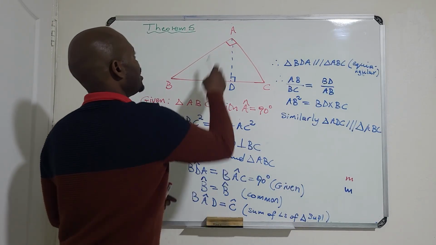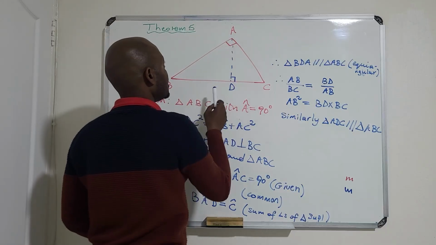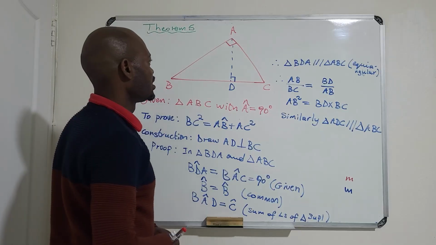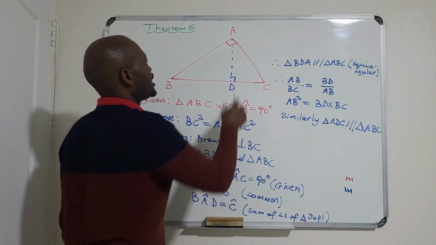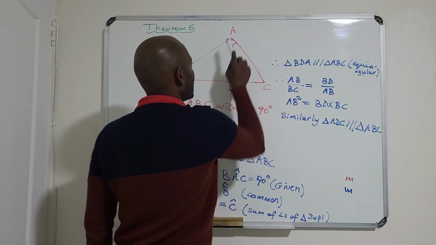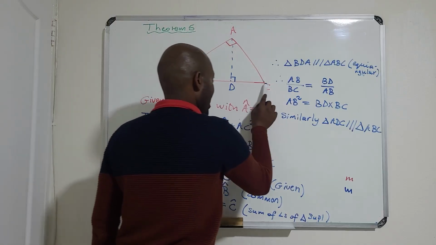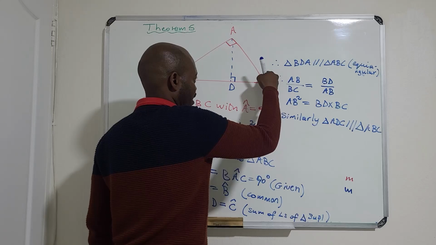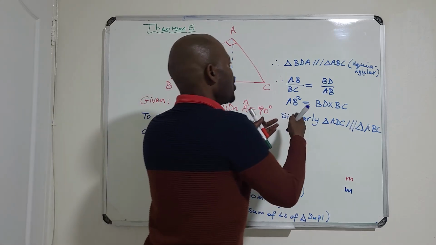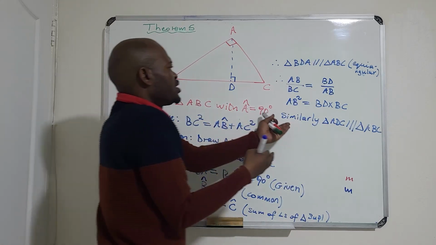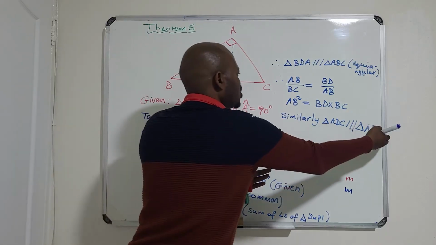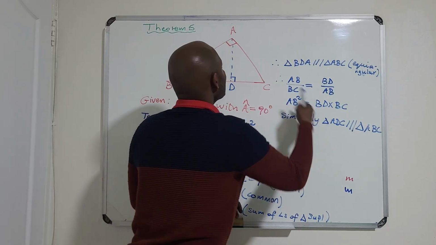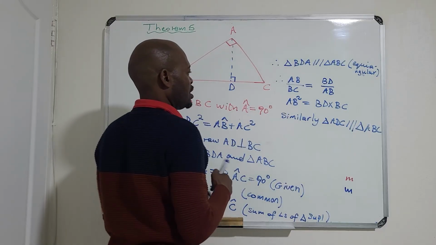As you have seen, we have proved that this triangle is similar to this triangle. Then we got this side. We can also prove that this triangle is similar to this triangle, so that we can get this side. But no need for us, we now know that, we can do a similar thing to prove that this triangle is similar to this triangle. Therefore,